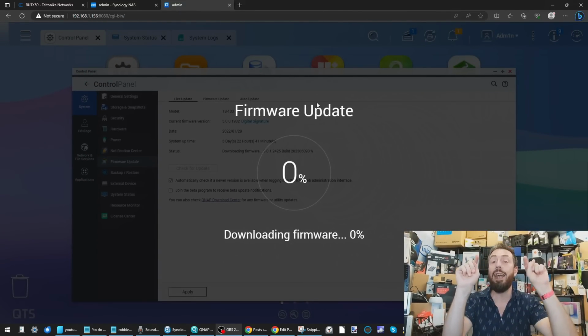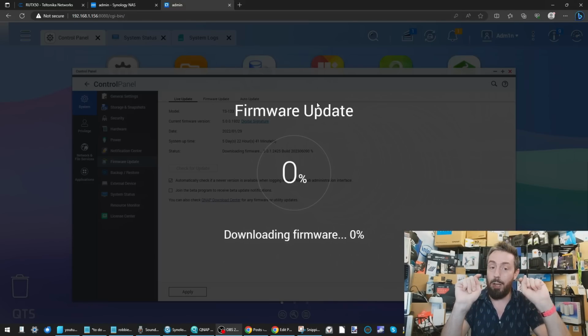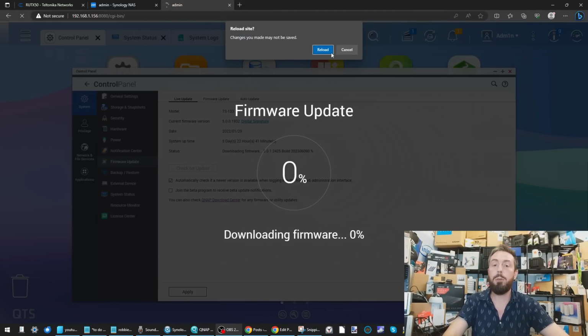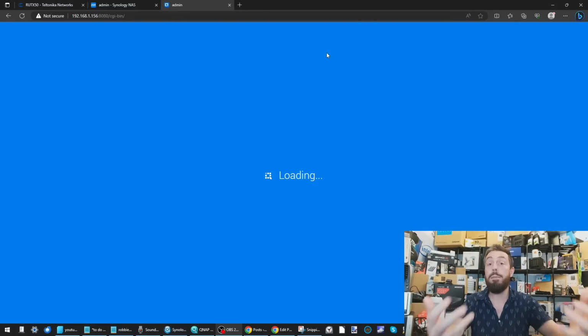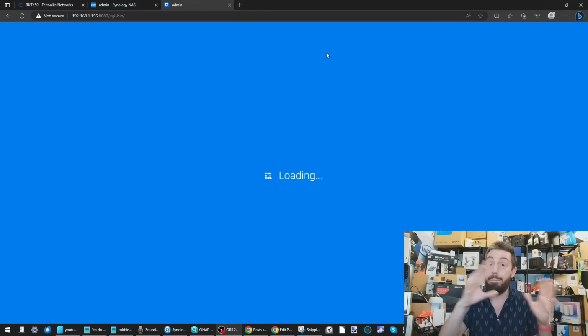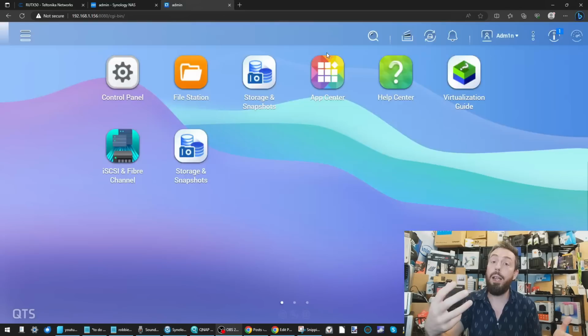There's no way for me to get into that window because every time I go in to the firmware update area, it's automatically downloading. It's stopping me using the rest of the system. Again, if I refresh, I'll be able to log back into the system, and then from there we can have a little look and see if it will allow us to do so. But by the looks of things, that auto update trigger I think might annoy some users. I don't think it's bad. I do not think it's bad that it auto updates, because some users are going to quite like that if they don't have the latest firmware to avoid it.